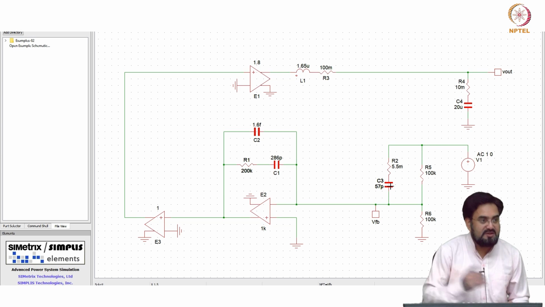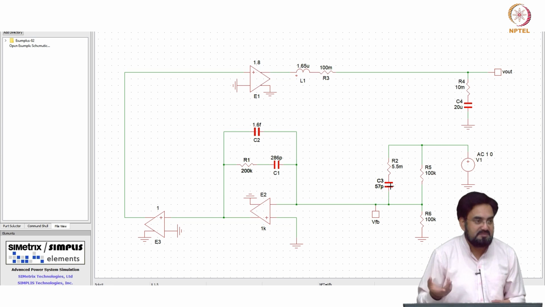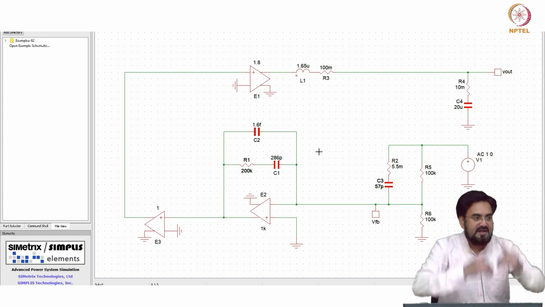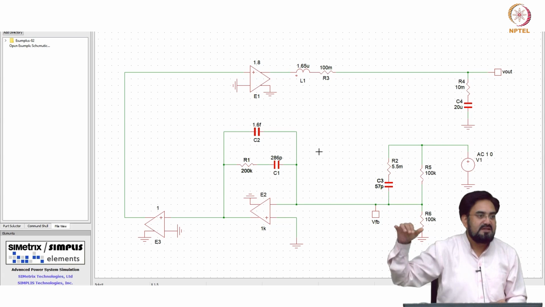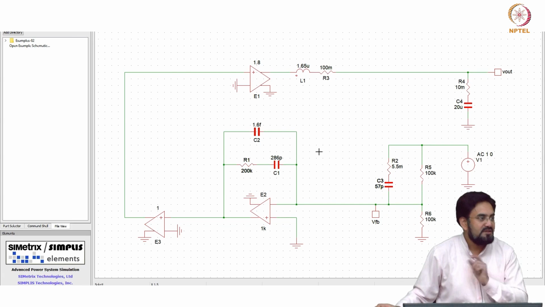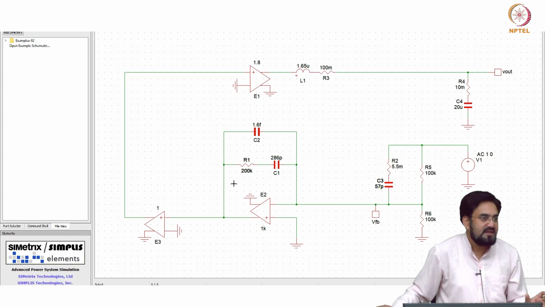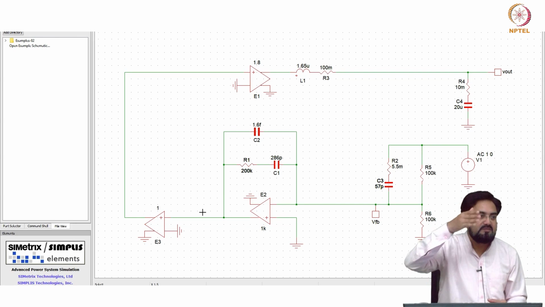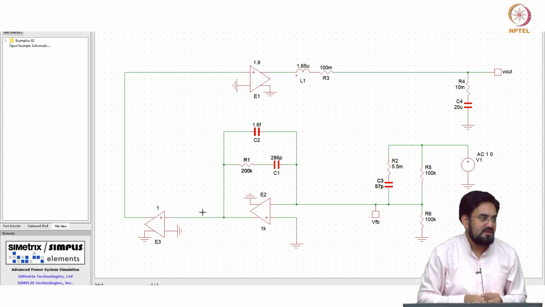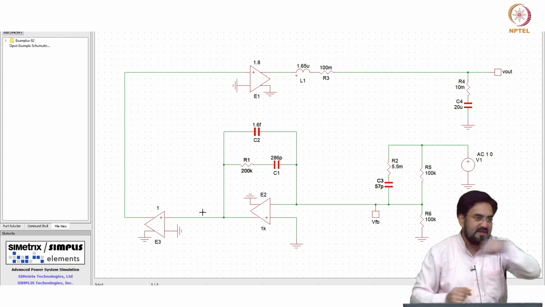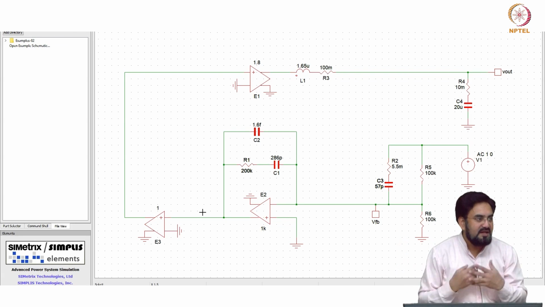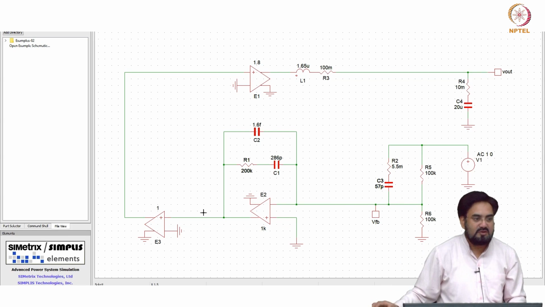If I keep moving the 0 inside, that means I have to add more caps. So area is one problem. The other problem is, if you look at the mid band gain, we are reducing it. So your settling will be much slower, because I mentioned that you want your loop gain to look more like first order, but moving the 0 inside means you are getting a flat gain in between and your settling will slow down, and we can see that in simulation.